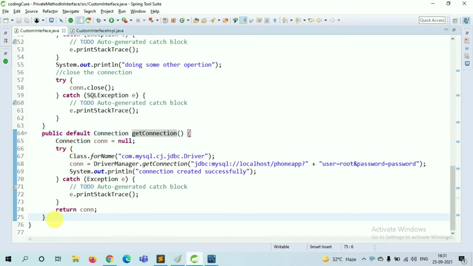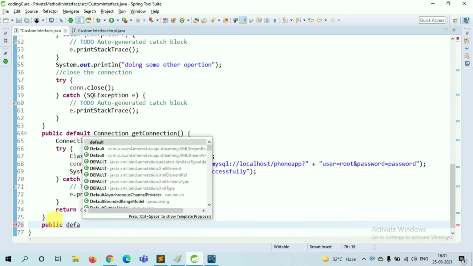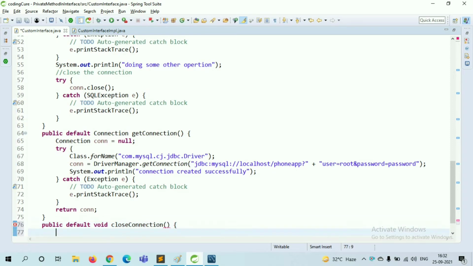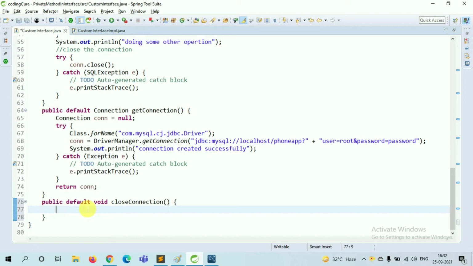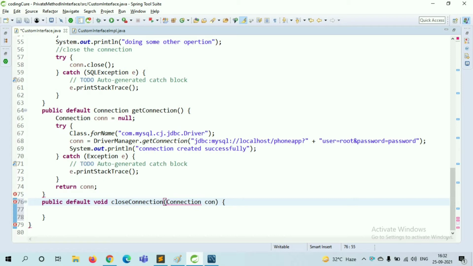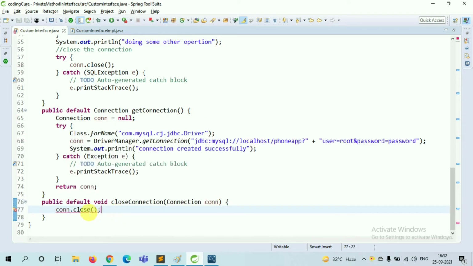Another default method, public default void closeConnection, and inside closeConnection we can close the connection. How to close the connection? We need to pass one parameter, Connection con, then we can close here, con.close. Okay,